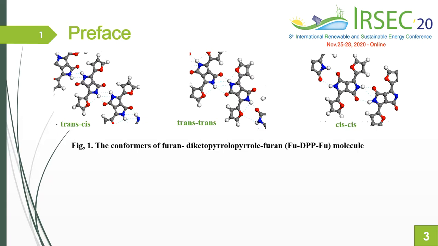In this work, the Diketopyrrolopyrroles DPP-based small molecules are investigated theoretically using molecular dynamic simulation MD, as shown in figure number 1. First, we calculate the geometries of DPP flanked with two Furan rings in trans-cis, trans-trans, and cis-cis conformations using the FORCITE module of Material Studio